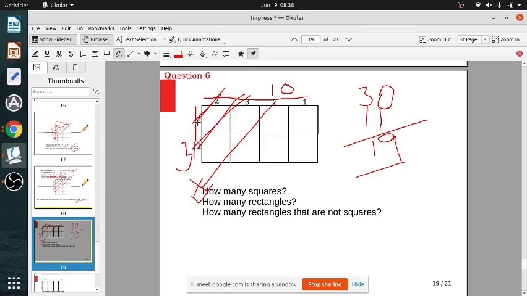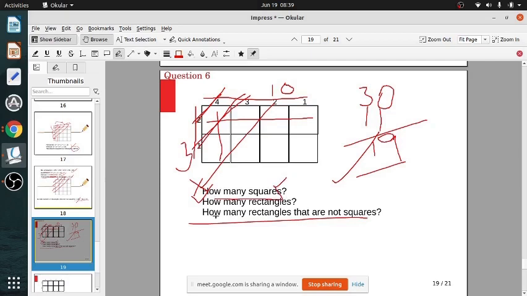So whenever you find squares, you multiply as long as you can with the first and second and stop. The third is not there. And for rectangles, you multiply the horizontal total and vertical total, and then subtract to get the rectangles that are not squares. It depends on the question. Don't ask me what is the final answer. If they ask squares, it is 11.